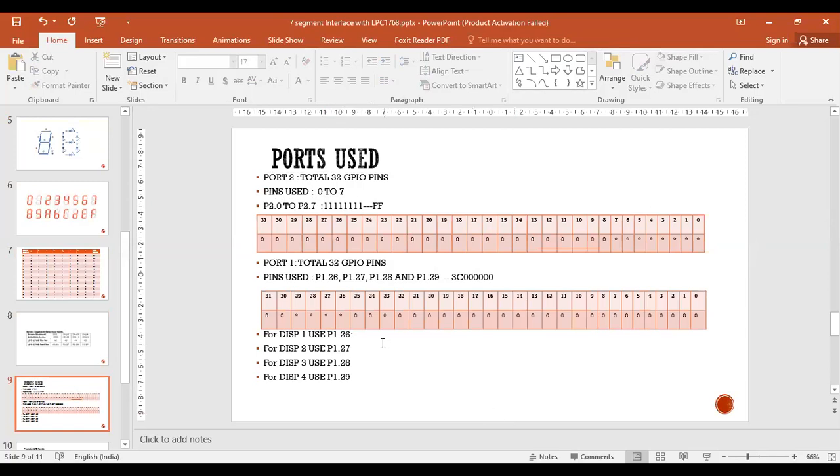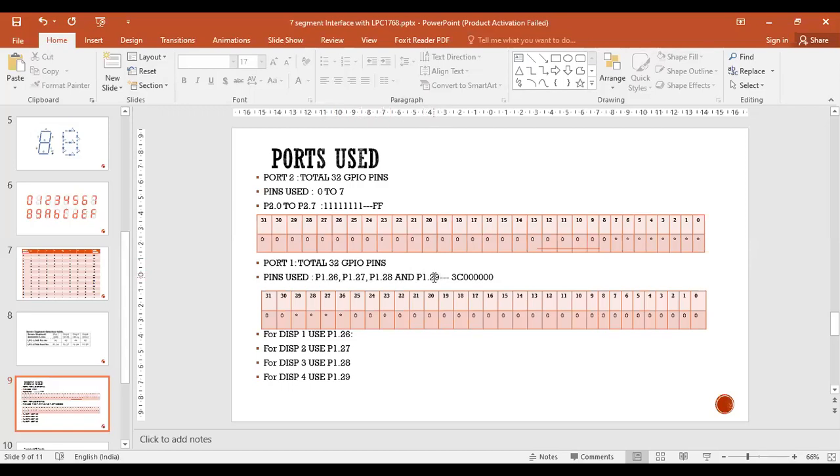In the same way, I will use port 1. It is also of 32-bit GPIO pins. Here I should make all the 4 7-segment displays on. So I am going to send some information in order to activate those 4 pins. Here the pins are port 1 26th pin, port 1 27th pin, port 1 28th pin, and port 1 29th pin.